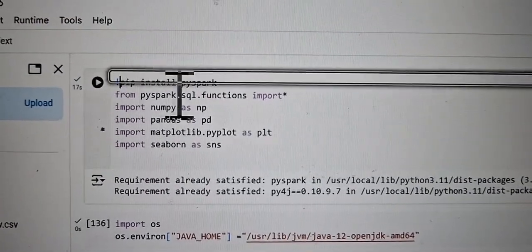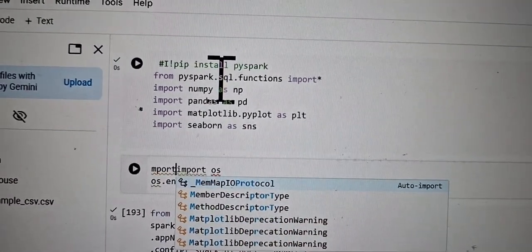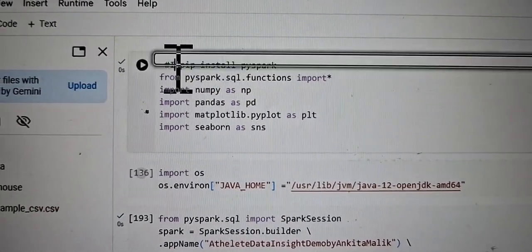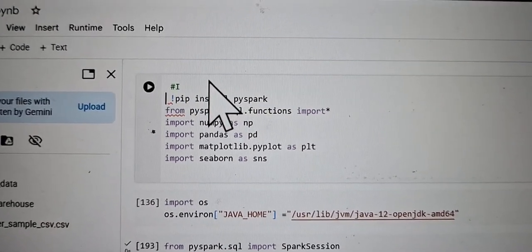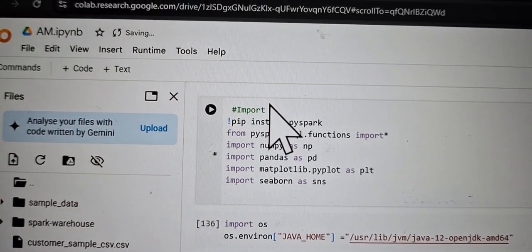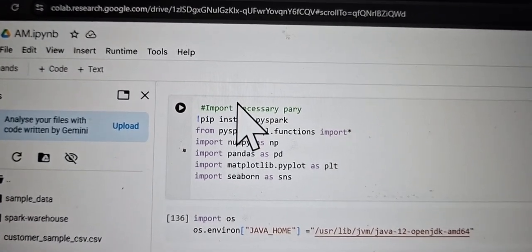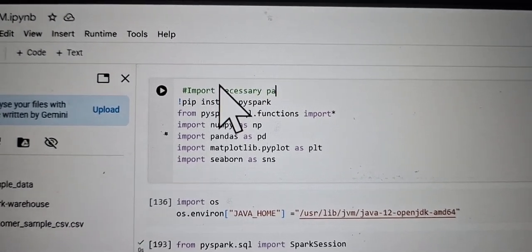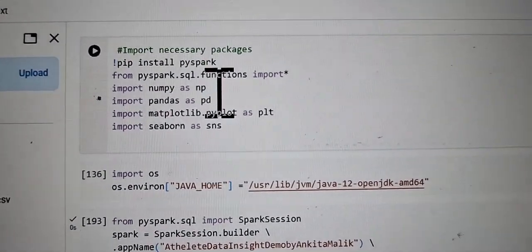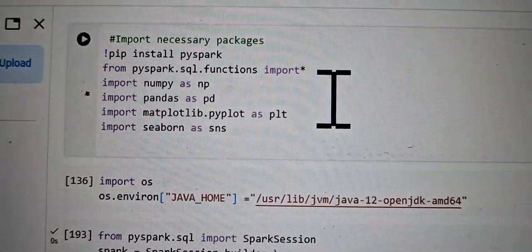So now the first step which we need to do every time is to import the packages. So what is the first step? First step is always to import necessary packages. So I have imported the necessary packages, which are PySpark packages. So first is pip install PySpark, from PySpark.sql.functions import star, import numpy, which is your numerical library, as np, import